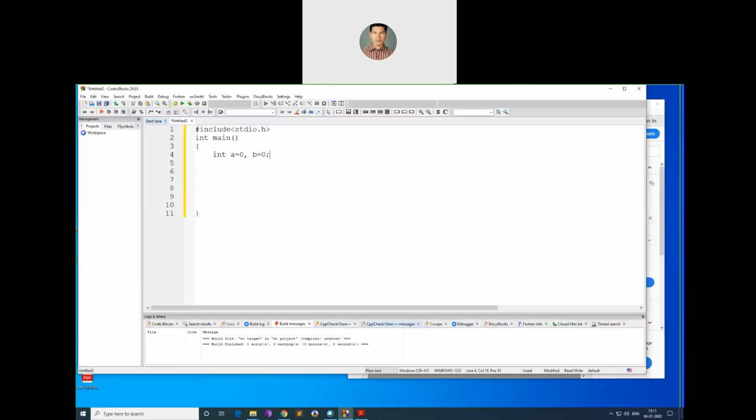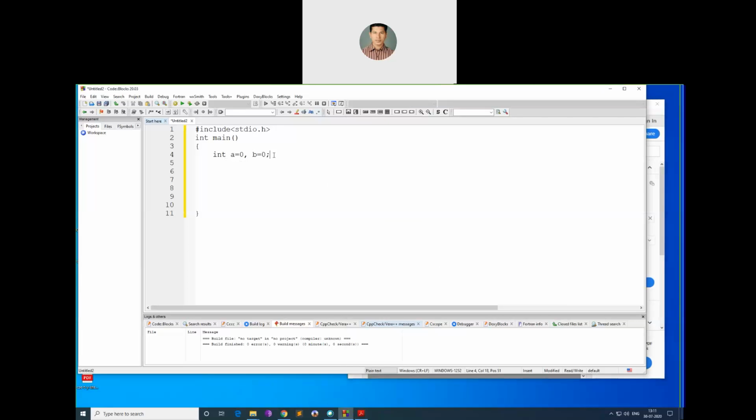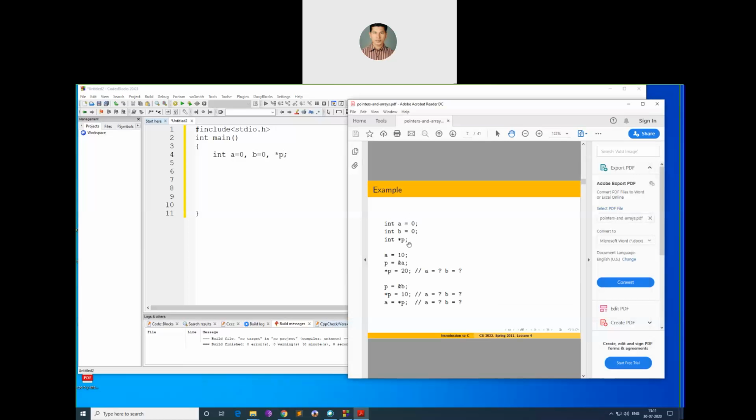It doesn't matter, we can type it in a single line, or we can type it separately because both are integers. I am typing int a equal to 0 semicolon, next line int b equal to 0, int star p. All are integers, that's why I am typing this; I can type here int star p. Both are the same, these 3 lines can be typed in a single line.